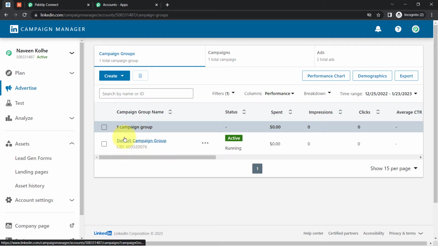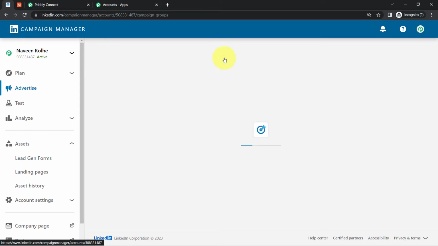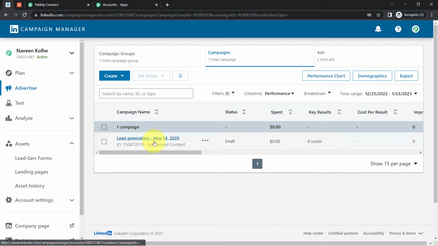And why have I kept this name as the default? Because I am creating this connection just to show you how connections can be made, or how things can be done. So that is why I will go only with dummy details, okay? So the campaign group name is Default Campaign Group, and under this group I have one advertisement, one campaign name,